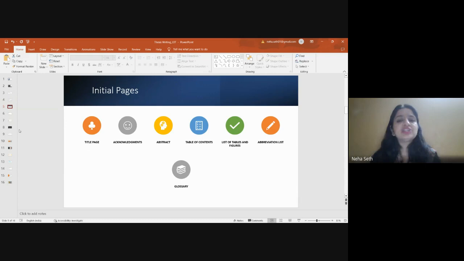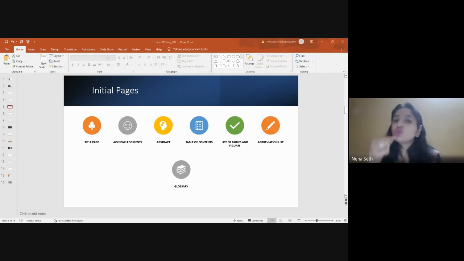The initial pages should be drafted in a very clear-cut, polished manner when we are talking about writing an effective thesis. The very first thing we have is our title page. The title page is the first and foremost page of our document. It should include the title of our thesis, the name of our department, the degree program, the name of our university or institution, your name as a candidate, your enrollment number,